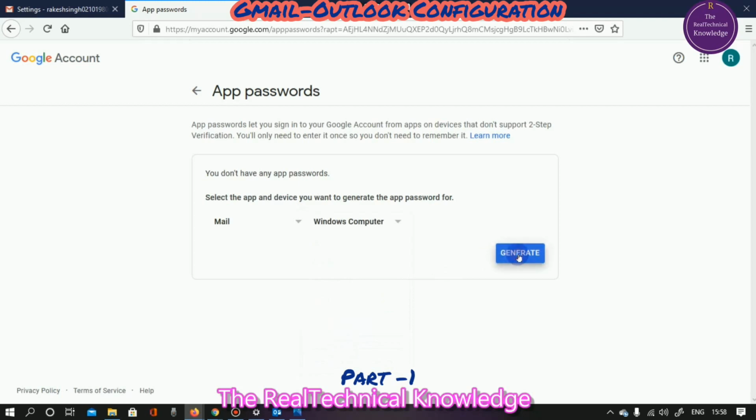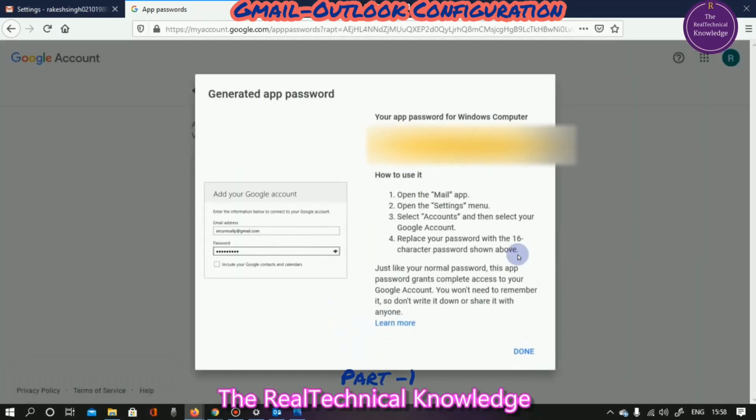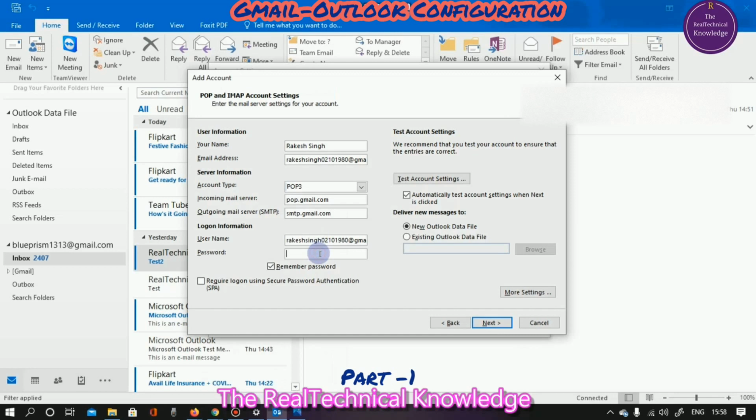Now we need to generate the password. After clicking on Generate, you will have a 16-character password provided by Gmail. Now we need to copy this and paste the same in the password option. So we have already filled all three sections, which are user information, server information and logon information.